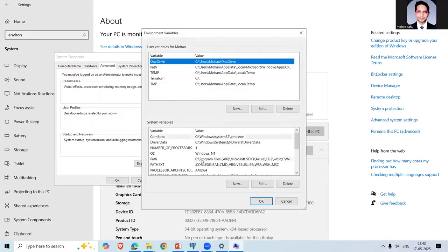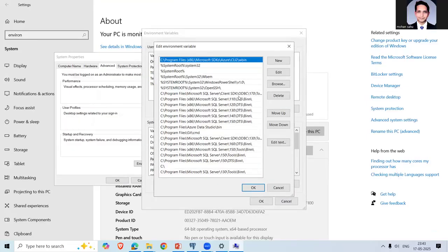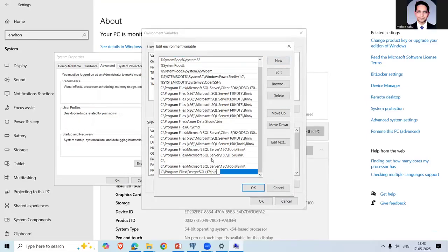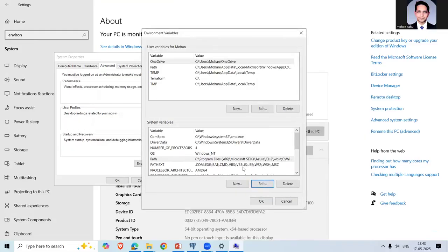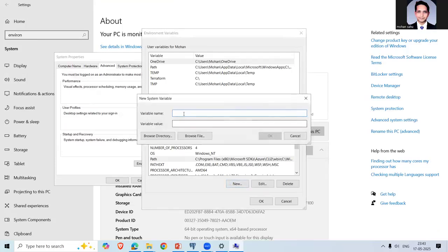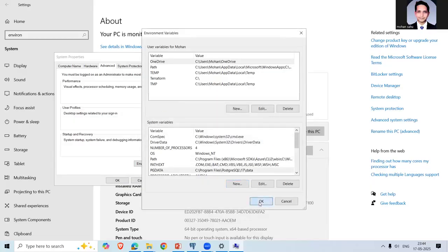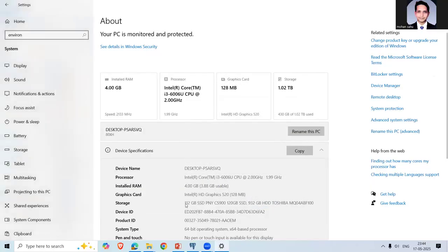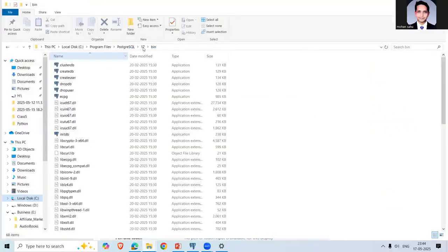You can go to Path here and click on Edit, and here click on New and paste that path. After pasting, click OK, and after that click on New, and here write PGDATA and paste the path again, but here the name of the folder will be data. Click OK, and click OK. So now we have set the environment variable. Now I will go to the data folder,